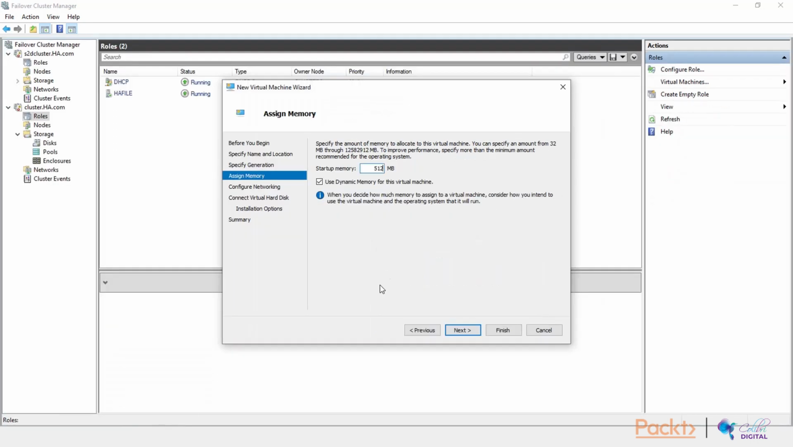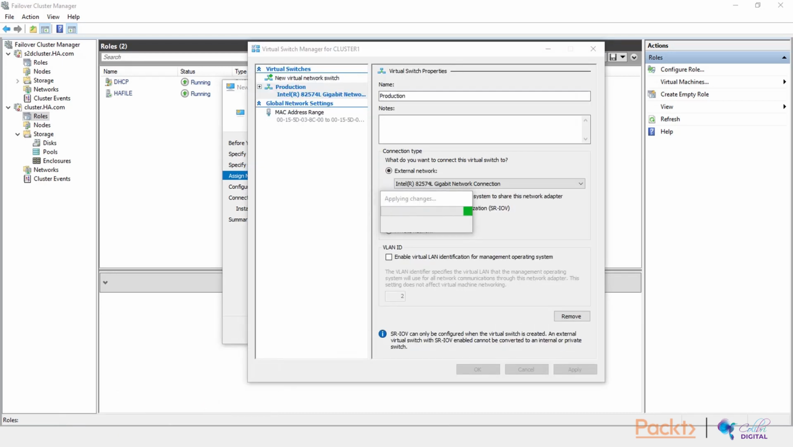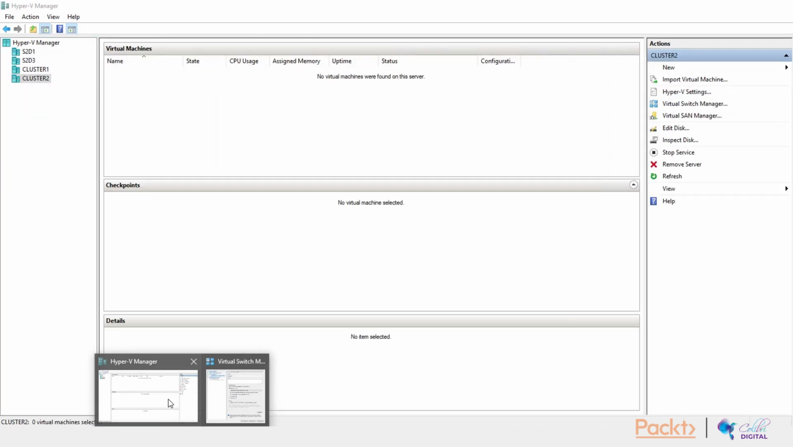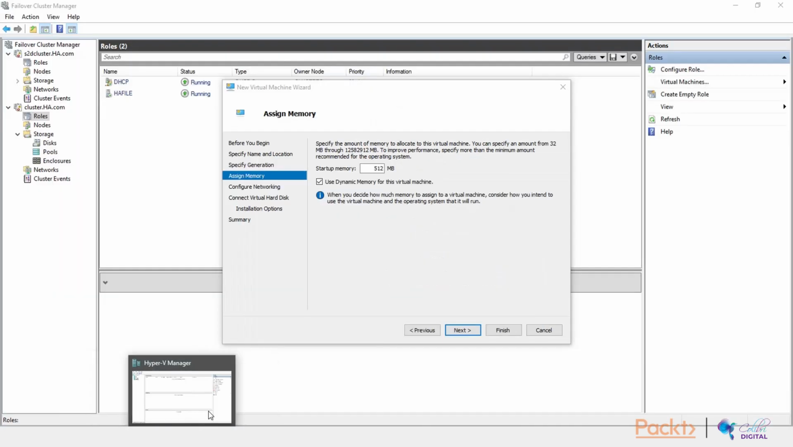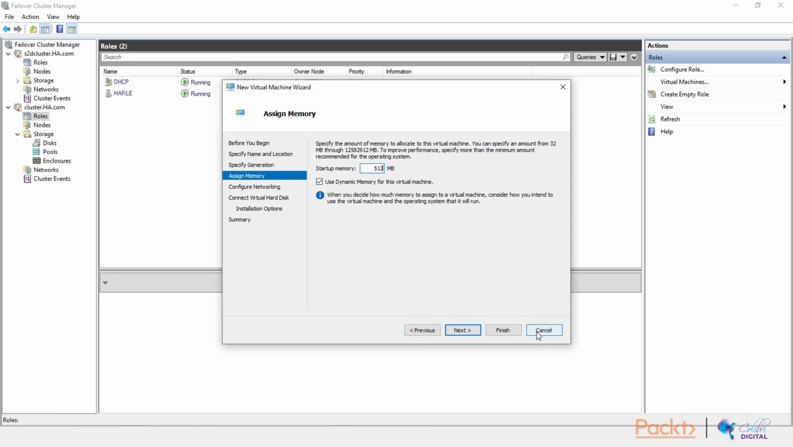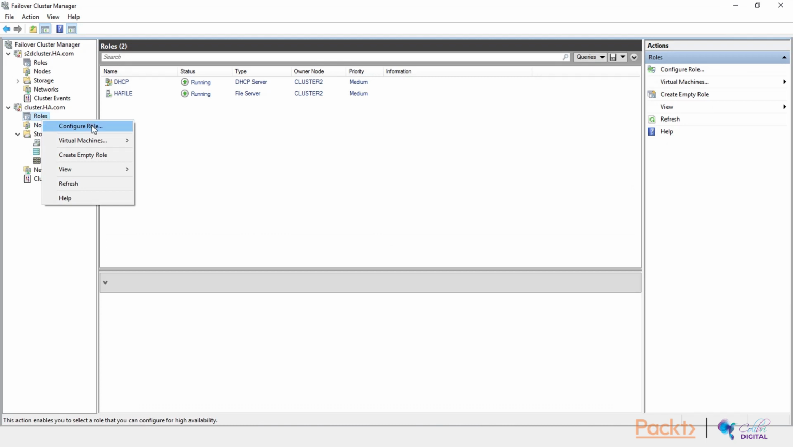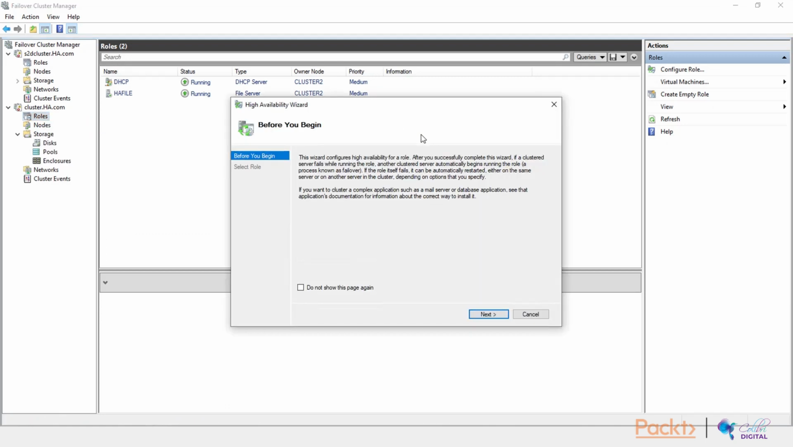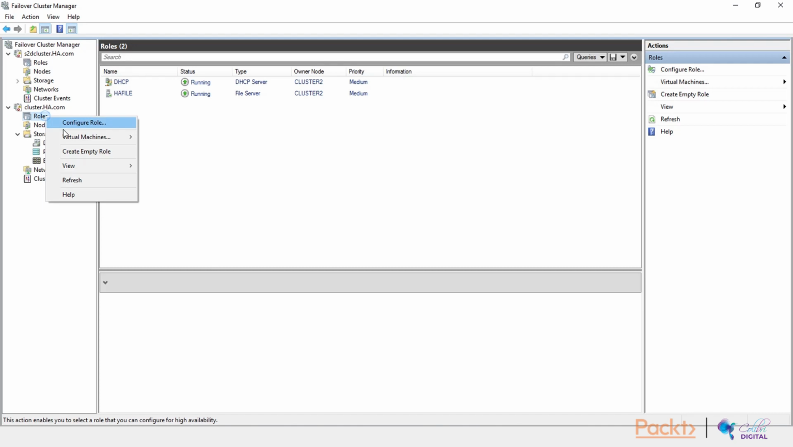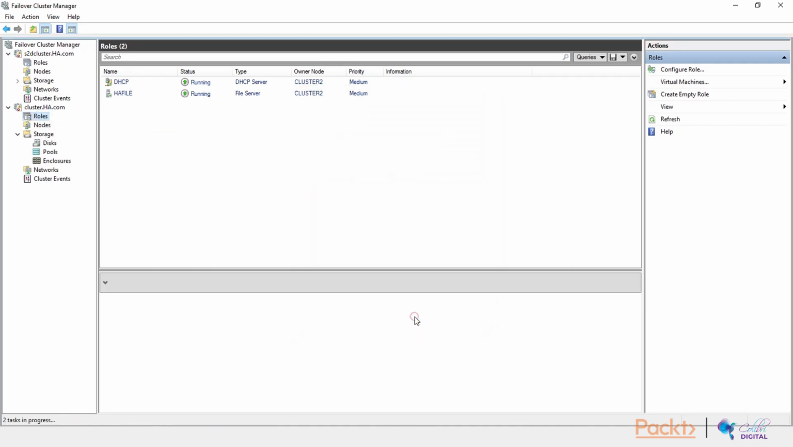And let's switch over to our failover manager. I'm not sure, to be honest, how long this is going to take. I see that on cluster 1 it's created, so we should be good to go now. Let me click on next. It hasn't refreshed yet, so let me just cancel and let me create the VM again. Well, not a role, we want a VM. So new virtual machine, cluster 1,